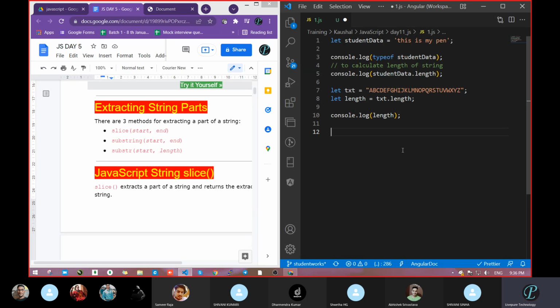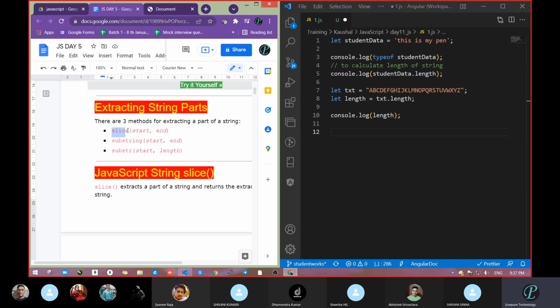By that, like mango and mango juice. If you have to extract the juice from there, what will you do? You will put it in a machine, a juice grinder or whatever, and you will extract both things, the juice and the raw part of the fruit. Same thing we are going to do in the case of a string. So there are different methods.